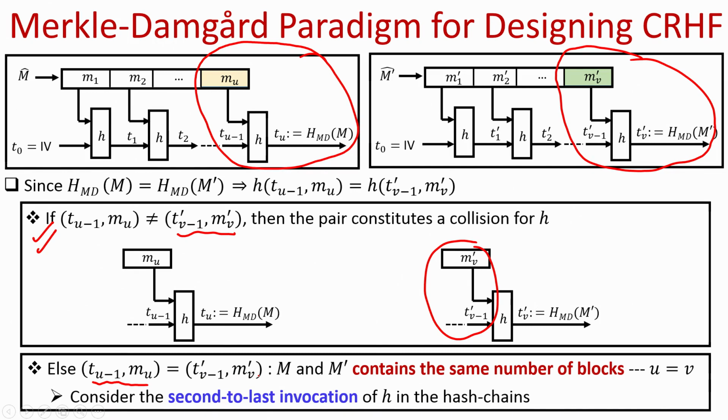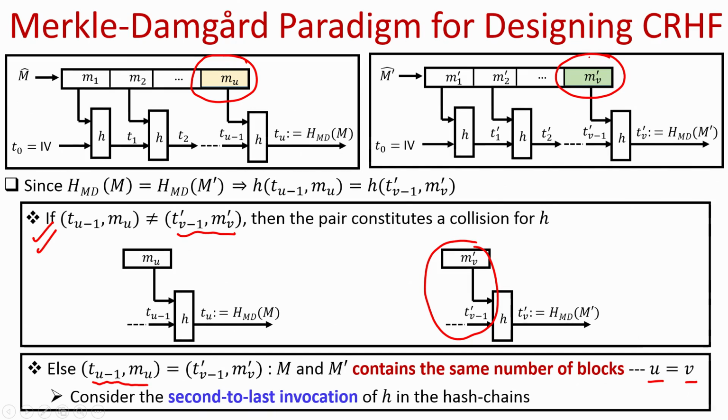And that automatically means that the number of blocks present in the message M and M dash are the same, namely u is equal to v, because we are in the case where mu and M dash sub v are the same. Remember, mu and M dash sub v consist of some number of bits of the actual message and the padded bits. So combinedly they are the same, that means the number of blocks of little l bits present in the message M and in the message M dash are actually the same.